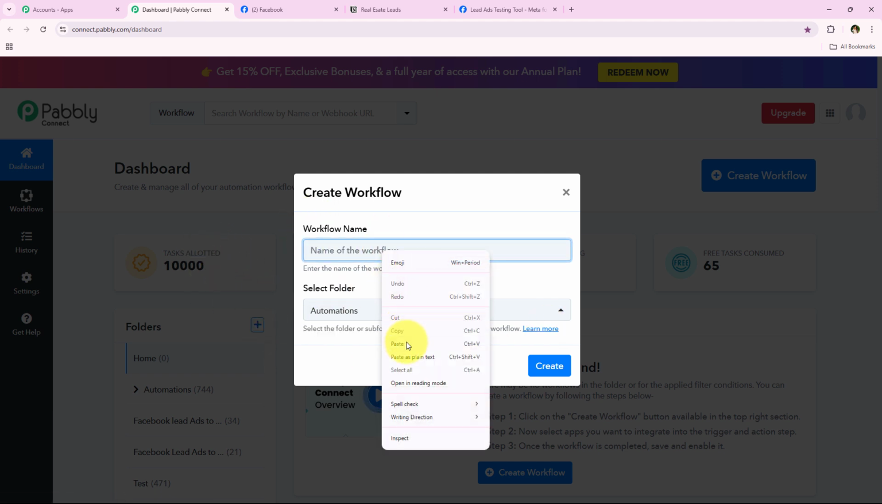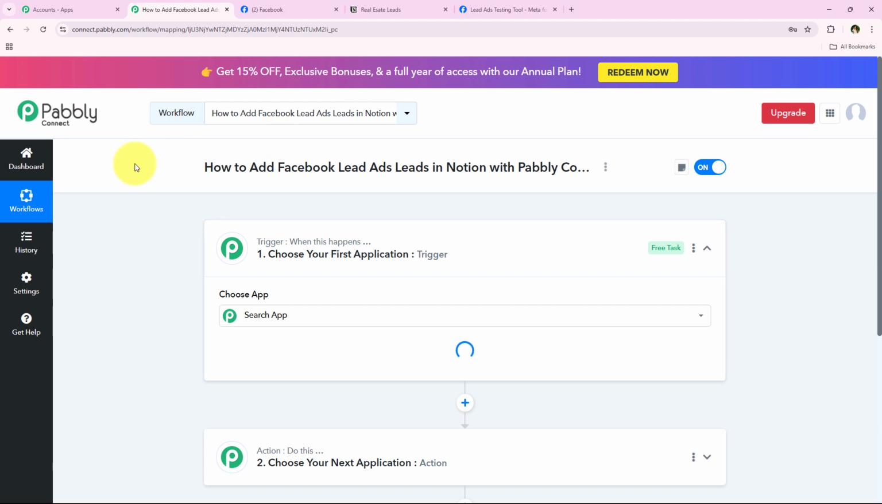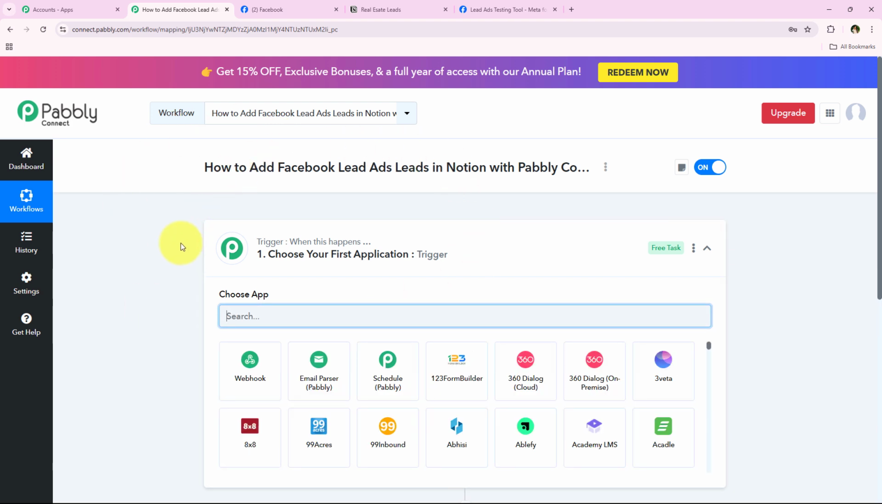So I want the workflow name to be this, which says how to add Facebook lead ads leads in Notion with Pabbly Connect. Facebook lead ads to Notion. And then we are going to click on create. And as soon as we click on create, it is opening the most important window for automation, which